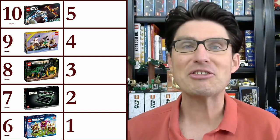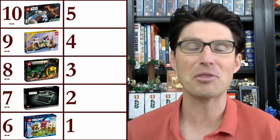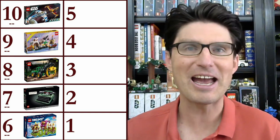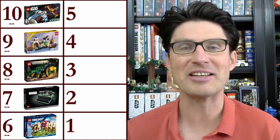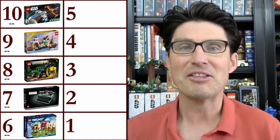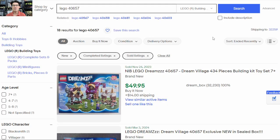As expected, this set has 0 mentions for investing, and therefore it has a 0 enthusiasm score. I guess that would be an NA enthusiasm score. And unfortunately, it has 1 mention against investing. If it does retire, it will have a 1.5-year shelf life. That is very good. There's no data on Camel 3X, so I'm going to show you the eBay prices, and